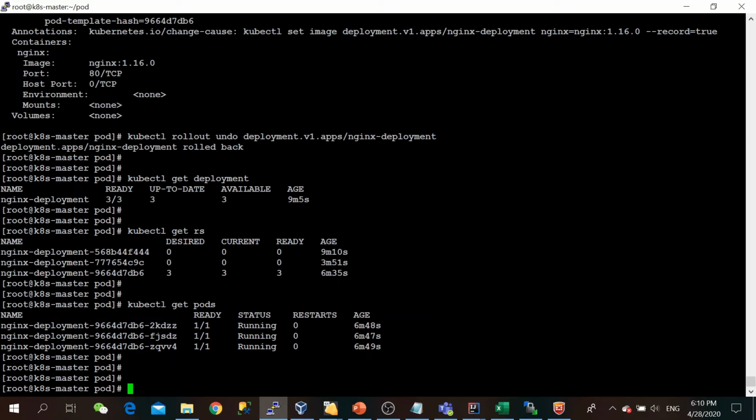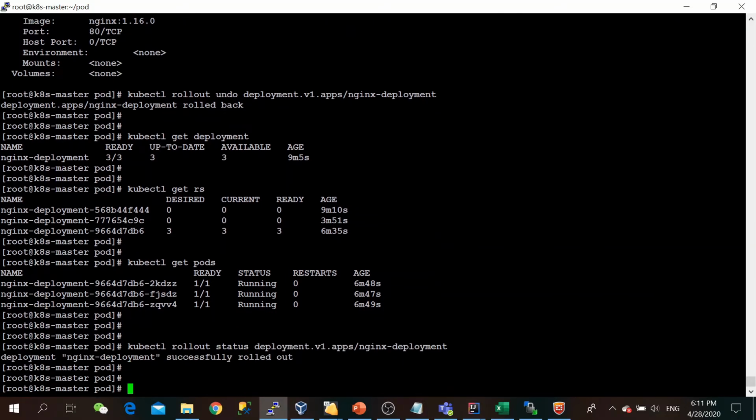Okay, we have successfully rolled back to the previous version. We can also get confirmation by checking the describe status, or we can check by kubectl. Let me go through it quickly with this command. We can check the status.